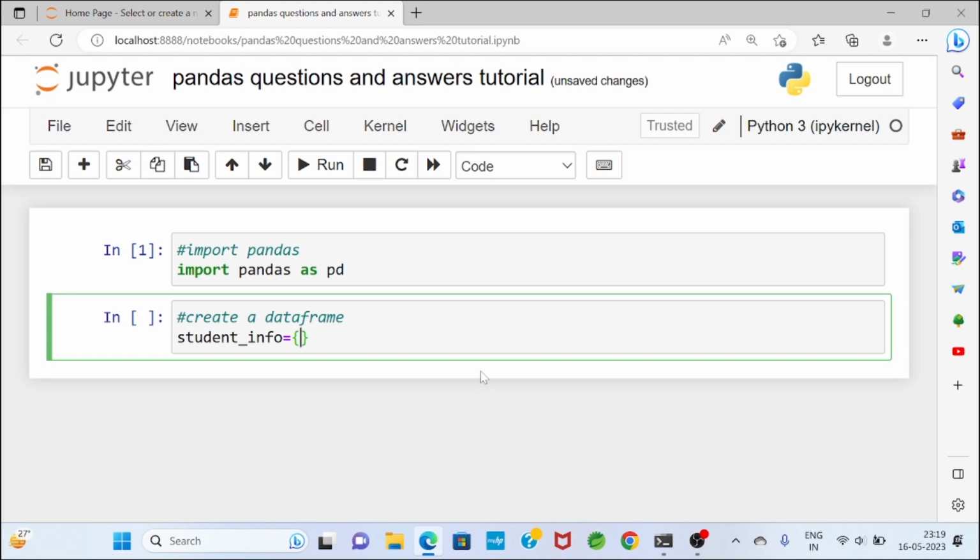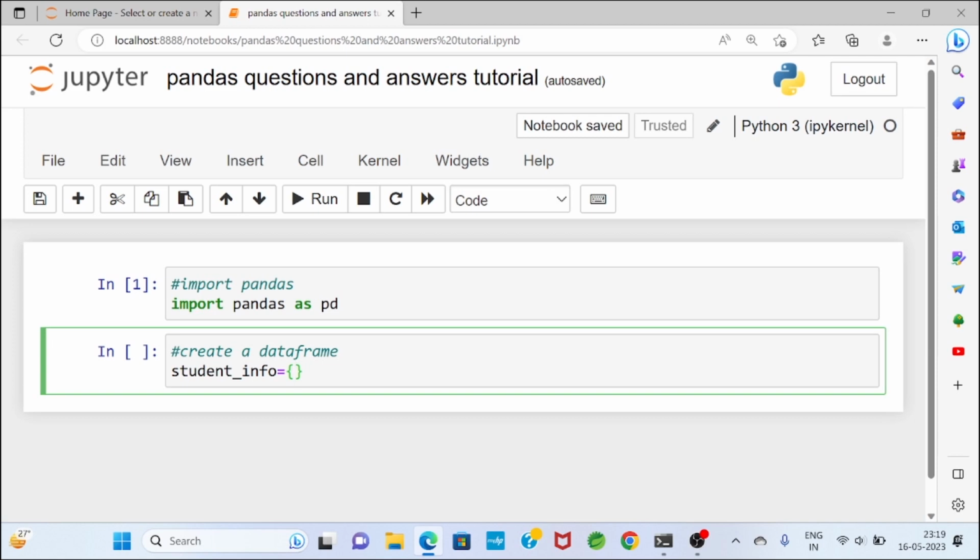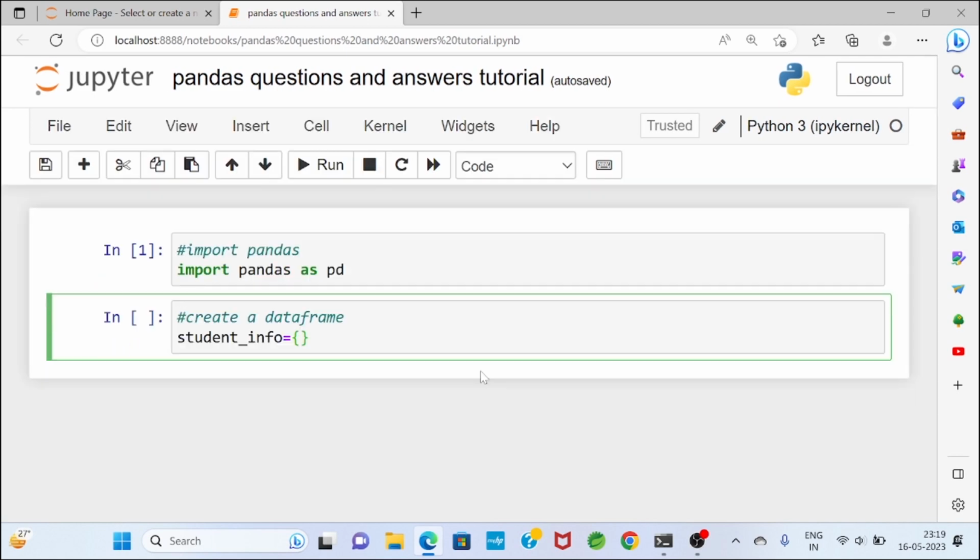In a pair, one is key and one is value. But here I will present one key, and a key can contain a list of values. Suppose my first key is name, and I will take a list of values: John, then Smith, then Subhasmita,